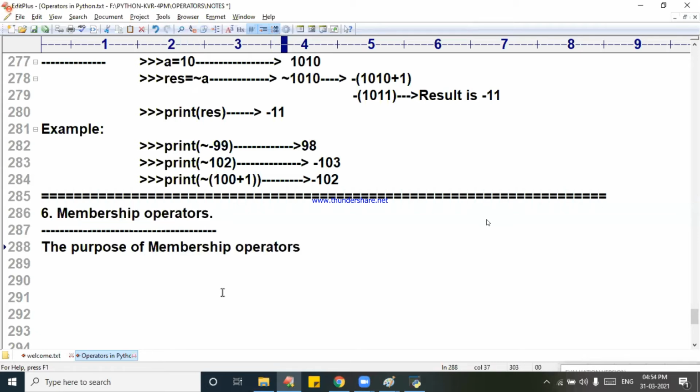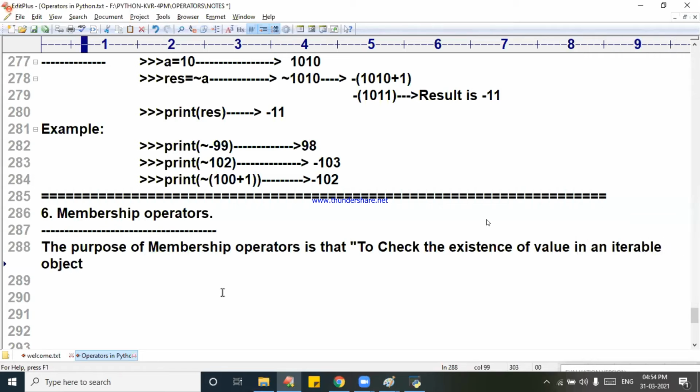The purpose of membership operators is to check the existence of a value in an iterable object. If the element is found,